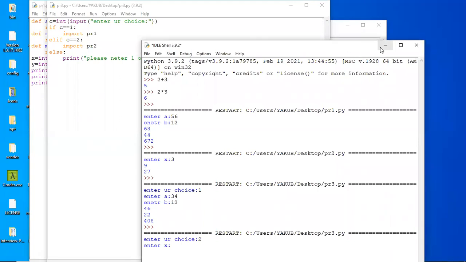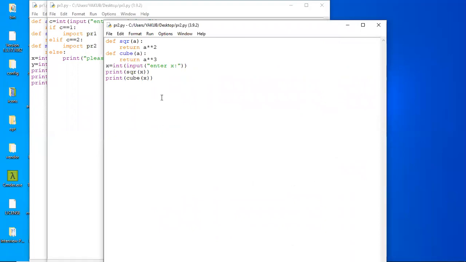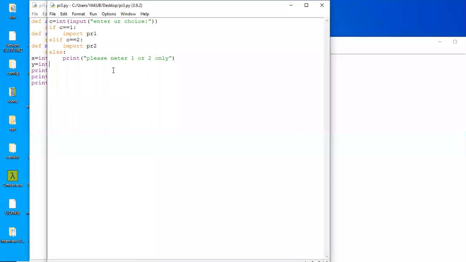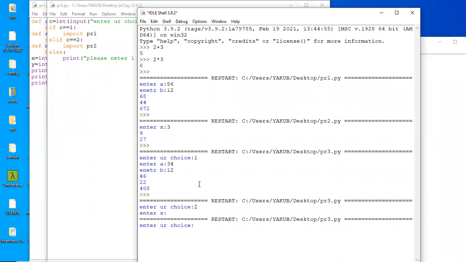So here, whenever you click on F5, F5 is a shortcut to execute any program, guys. See here, it is asking me to enter my choice. Now I'll give my choice like 2. Whenever we give a choice like 2, it takes us into the second program. If you give any user defined input, it will perform squaring and cubing operation. It's about modules. It's about creating any module, so that based on your requirement, you can write any program by using functions.